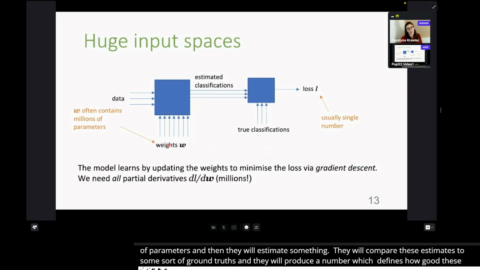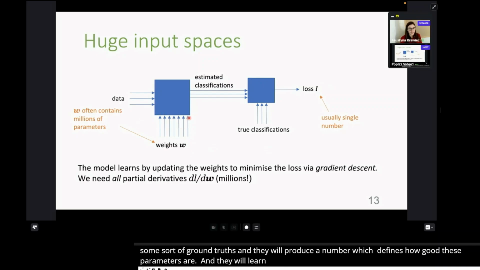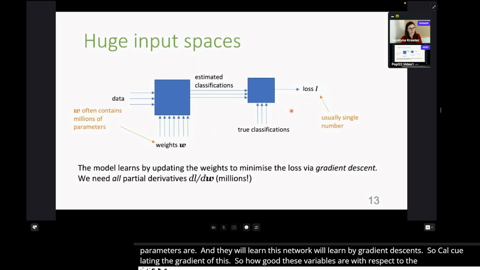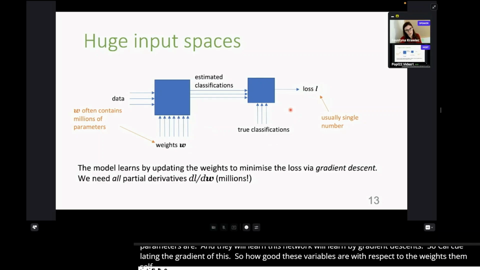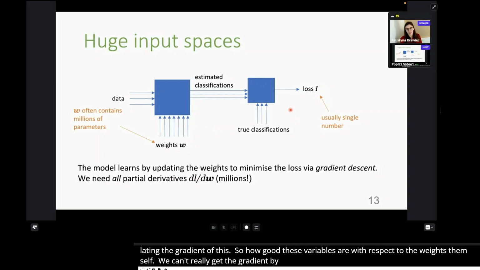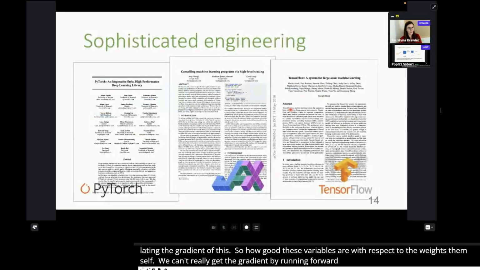And this network will learn by gradient descent, by calculating the gradient of this loss with respect to the weights themselves. So this function has millions of inputs and one output. We can't really get the gradient by running forward mode millions of times. That just isn't feasible. Well, obviously there are many engineering solutions to this.